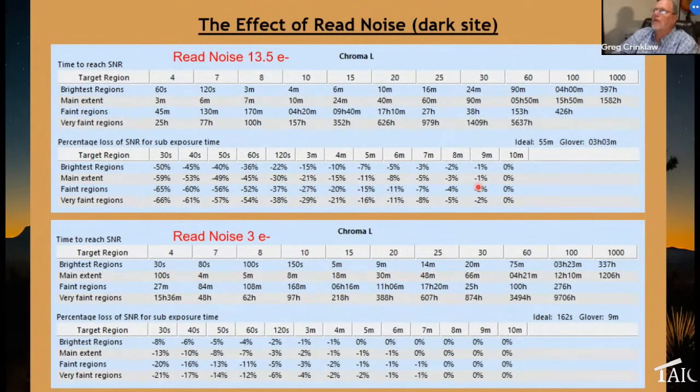Now let's look at the exposure time deficit. Remember, this is for a dark site. We're comparing 2 different read noise values for the exact same camera, and everything else is the same. So 10-minute exposure versus 30 seconds. We're familiar with this one, 50%. With the lower read noise, the difference is only 8%. So the lower read noise, you would kind of expect this, means that we can use the shorter exposure times. That is correct